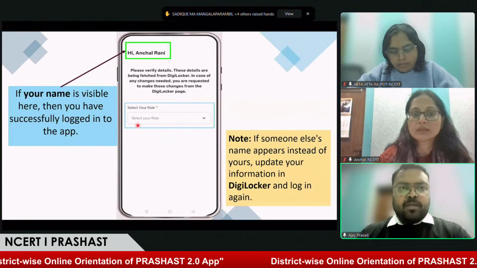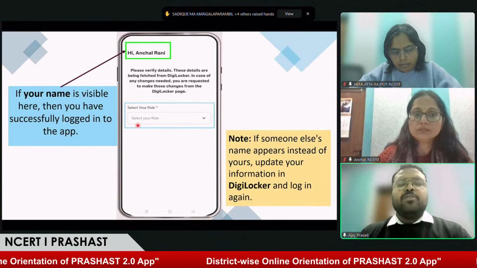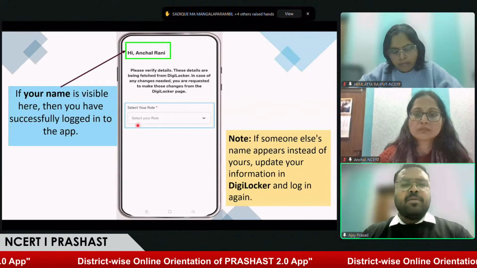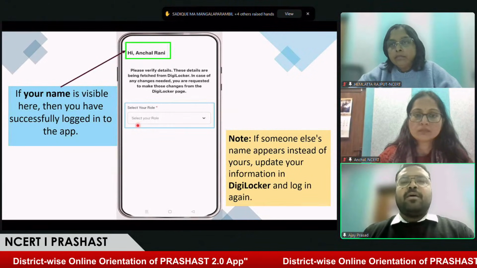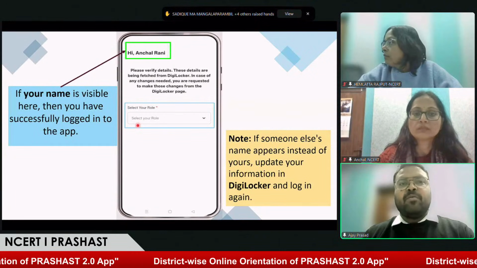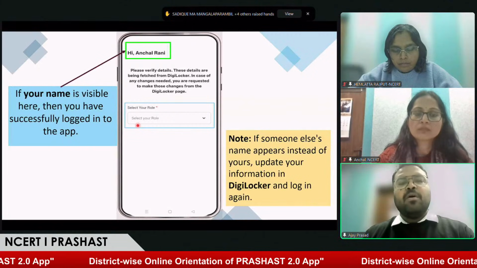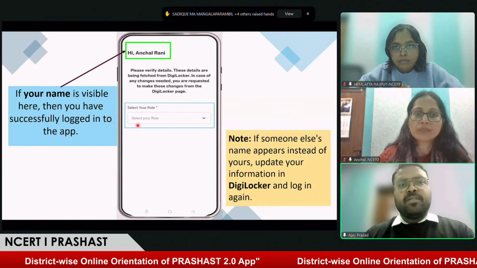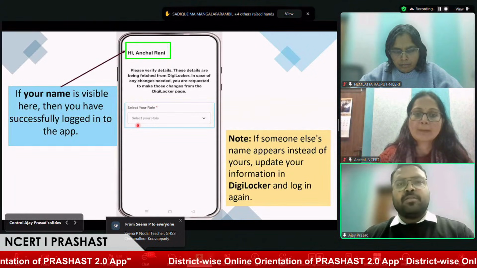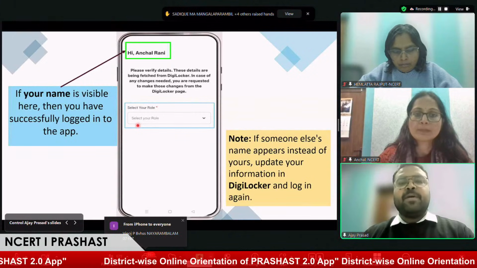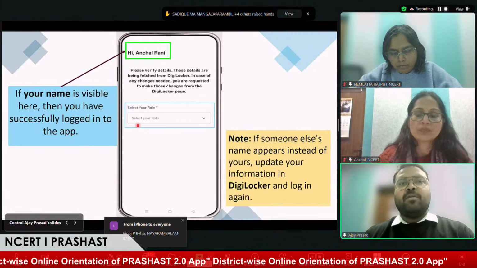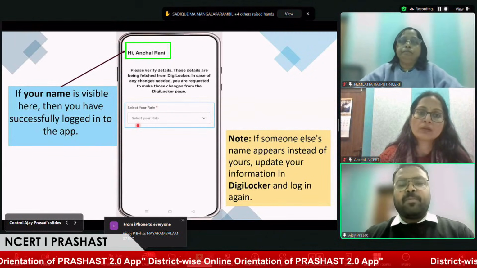If a discrepancy in name is observed, we would request you to get it corrected through DigiLocker, where there might be cases you can rectify details, or you have to go to Aadhaar centers and get it rectified. Prashast application is not creating an account; it is using Meri Pehchan as a validation tool. So any details that need to be updated should be done on Aadhaar itself rather than on the Prashast application.